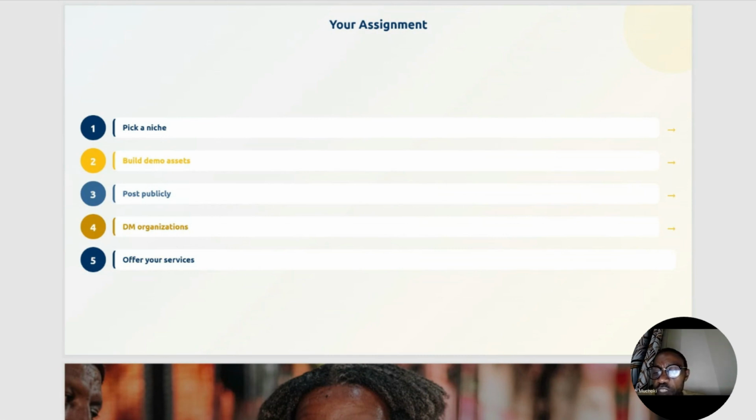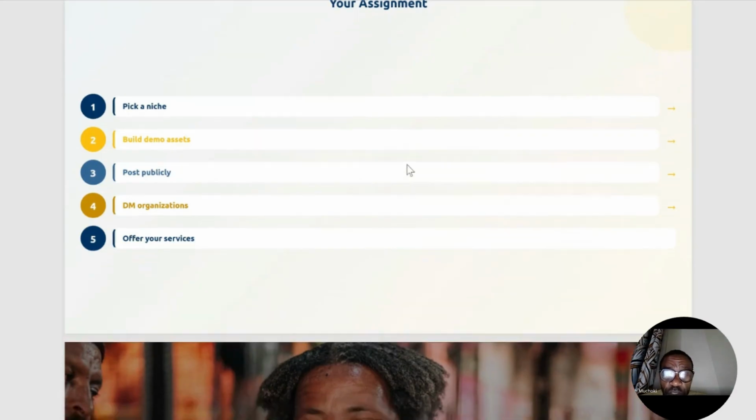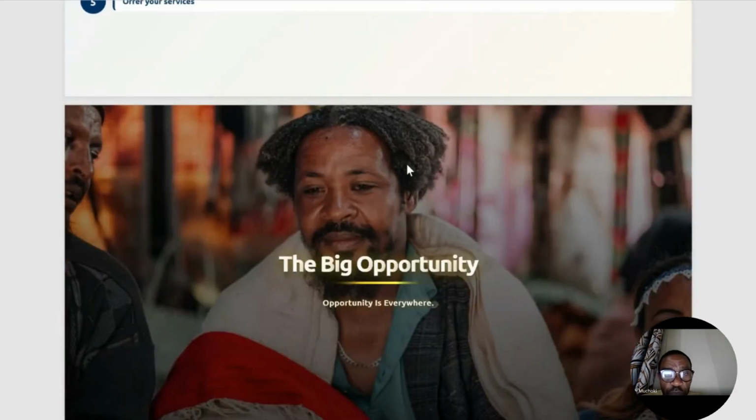The opportunity is big because business owners are busy, marketing teams are overwhelmed, and people still want to be guided on some of these things. So I think the opportunity is big, and you just take it and run with it. So yeah,